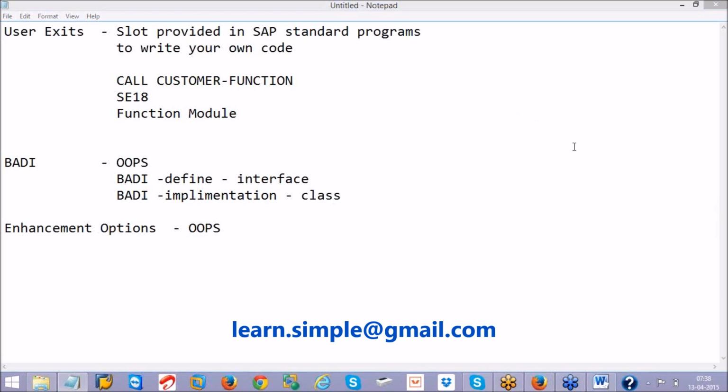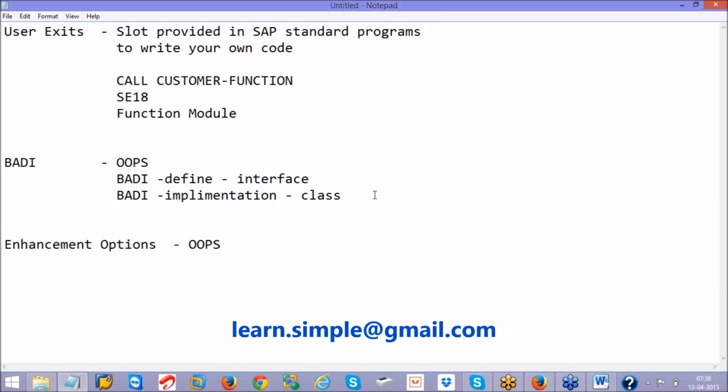So this is what we have discussed about BAdI implementation. Now some more points I want to add. That is the BAdI definition. If you want to see it, go to transaction SE18.